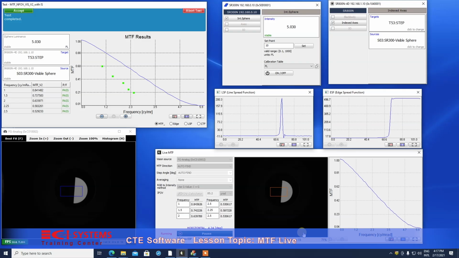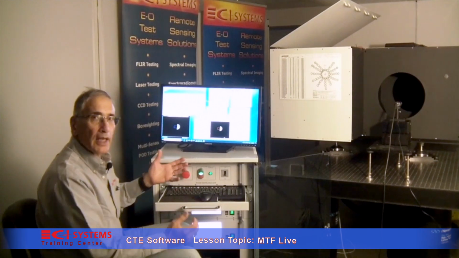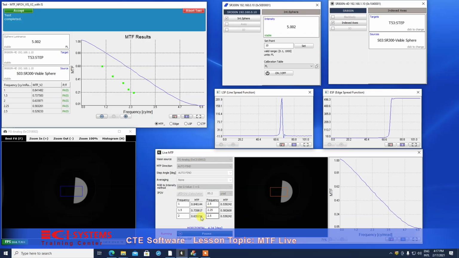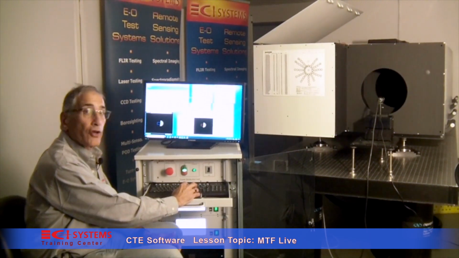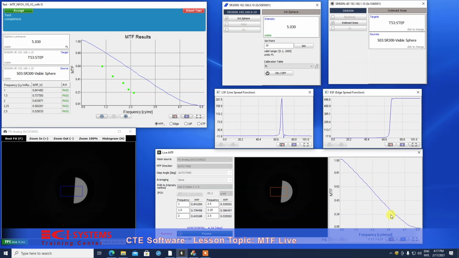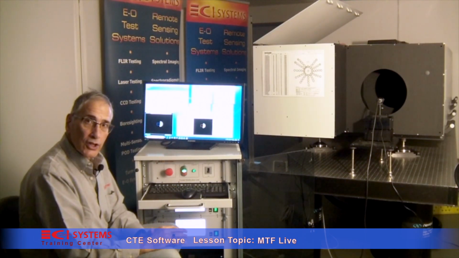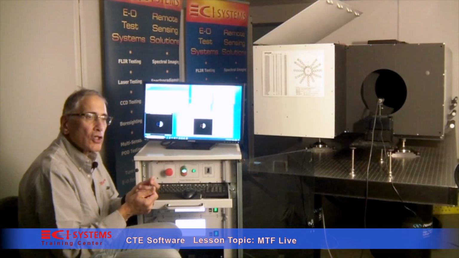Okay, the main difference between the MTF Live versus the MTF test is that MTF Live is an ad hoc application or utility where you access it from the vision window. And here we can see the MTF Live window. It's displaying the frequency points that you want to look at or you're interested in, and it's displaying the MTF continuously. So it allows you to do some dynamic measurements, focusing your camera and getting a good feel about your